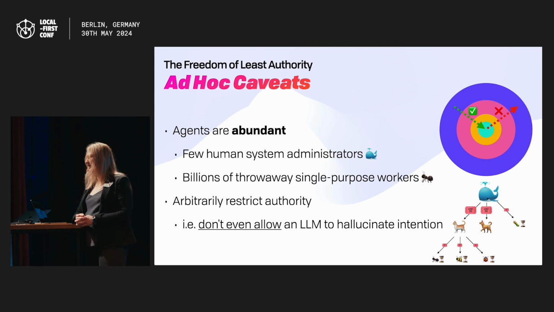And so when you put something into a task or into a worker, you restrict down the absolute maximum that you think that they're going to need, which should be very constrained. And so if you have something like an LLM that may hallucinate a bunch of your intentions and delete all of your data and do all of these things, you just don't give it access to those things. You say, I want you to do these 3 exact things. I'm going to restrict you to do only those.